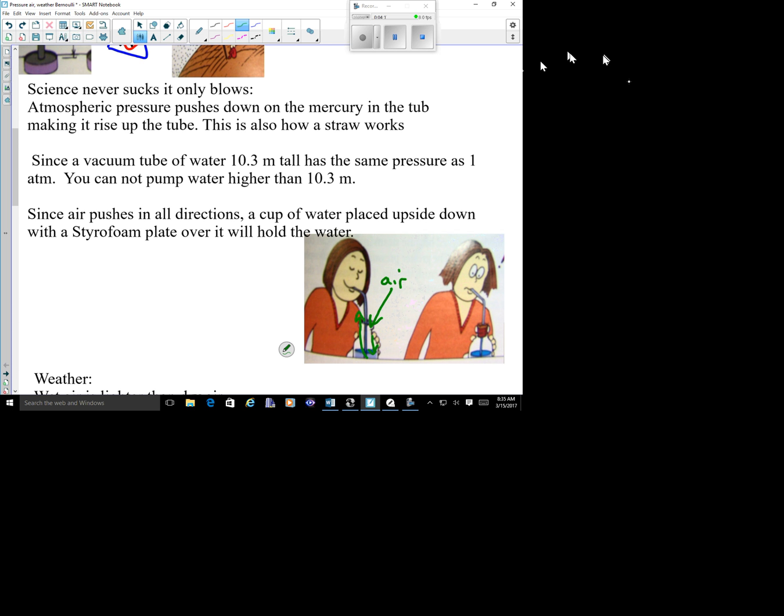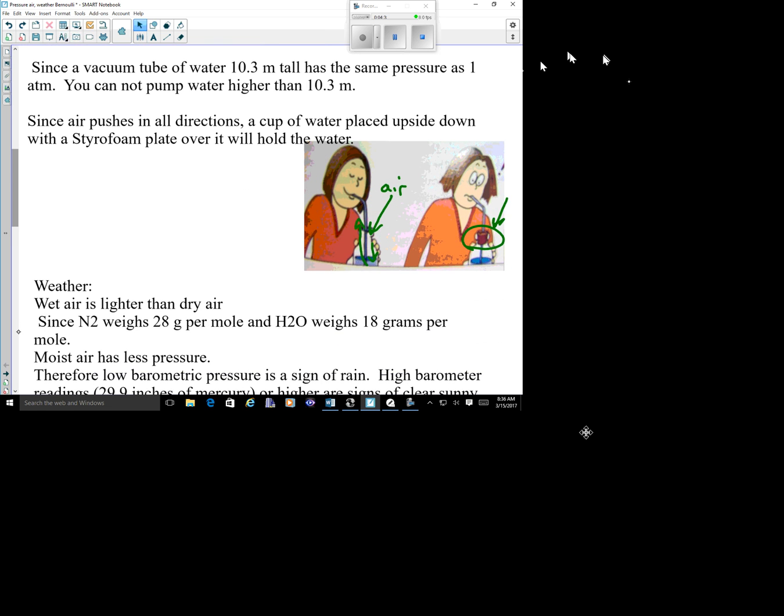If I were to completely put a rubber stopper in your drink like so, and you were to try to suck up the water through the straw, you couldn't do it because no air can get into the drink to push down on it. So that also talks about how we pump water up. The highest you can actually pump water up with any type of pump whatsoever is